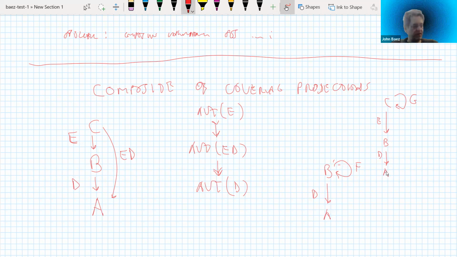Okay. Now, what about the other one? Is the other one just as trivial? How do we get the other one to work? Sorry, I probably could get it, but I'm busy writing this thing down. Okay. So, I'm not sure there's quite as slick a way to just instantly say what the other one is, but maybe this might be somewhere where some of the assumptions come in. What am I trying to say? That these are covering projections, but what I actually want is for them to be normal covering projections,